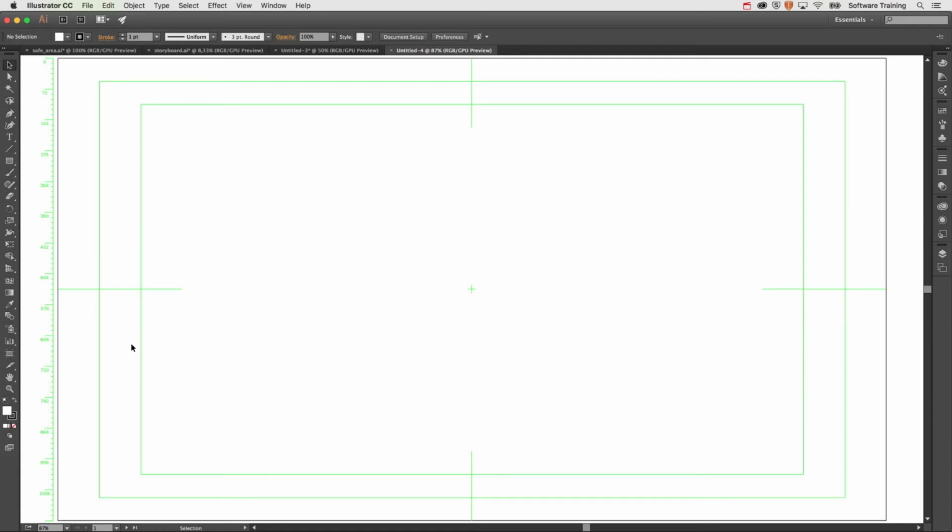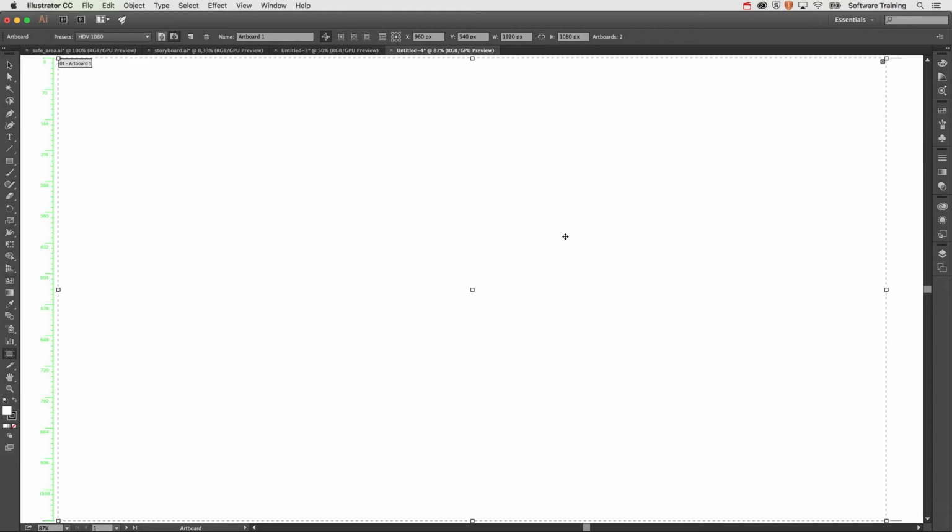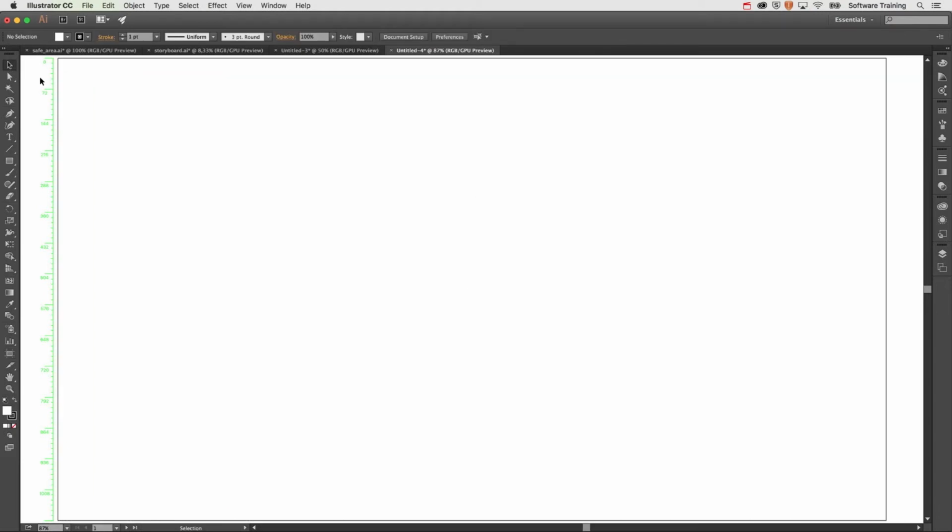But these margins are from the old ages, so I don't like them that much. So I'm gonna turn on my artboard tool, and I'm gonna hide these extra guides, because I'm gonna make my own guides. So those turned off leave me with just the artboard, and I can make a rectangle with exactly the same size